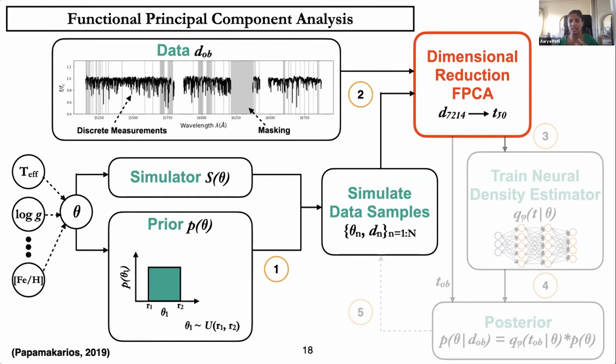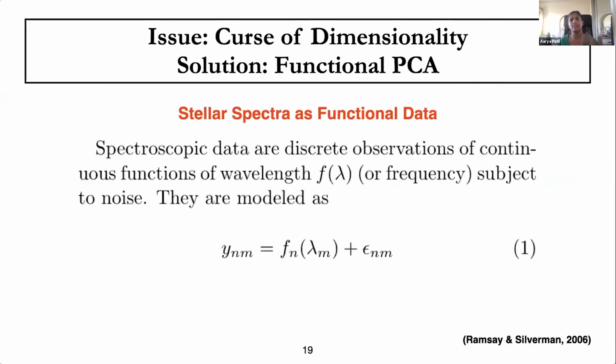And that's where we actually came into this domain of how do we want to find the intrinsic dimensionality of spectra. And here we are doing dimensional reduction using FPCA, or functional principal component analysis. And so I'll talk about why we use this particular method and how it's useful. So the issue was curse of dimensionality, as I talked about before,